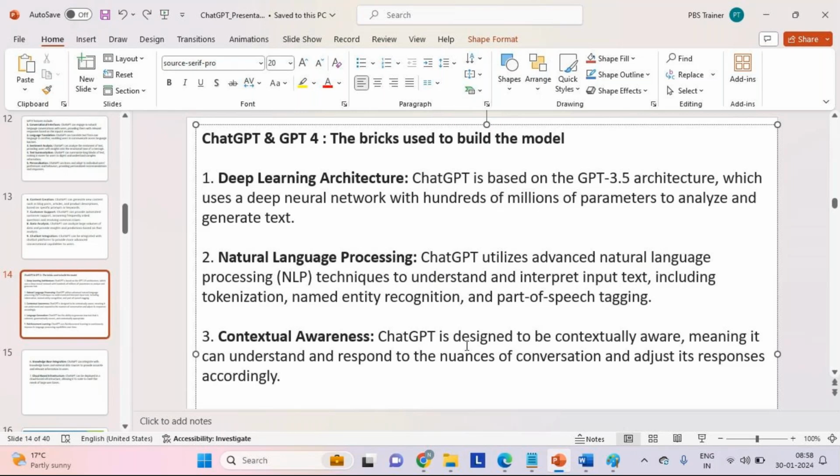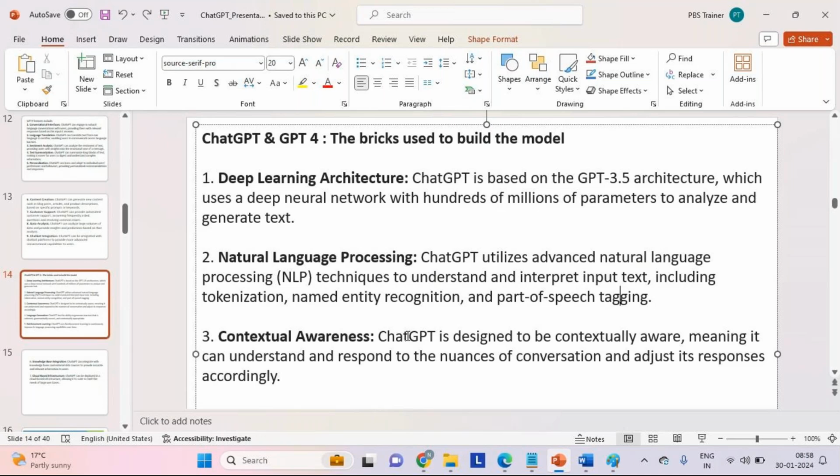Next is what? Contextual awareness. Like a pharma context, manufacturing context, IT context, agriculture context, banking context, retail banking context, investment banking context, whatever. So we should ask context-specific questions so that GPT is going to respond in accordance with that. Which means what? We should always try to stress towards context-specific questions so that you could get the response based on that particular context.